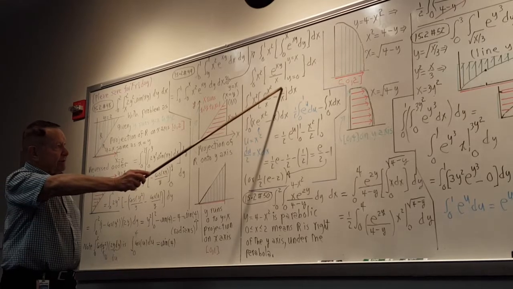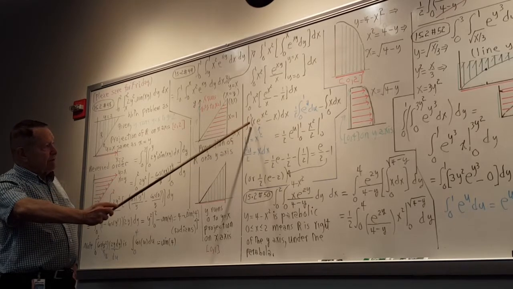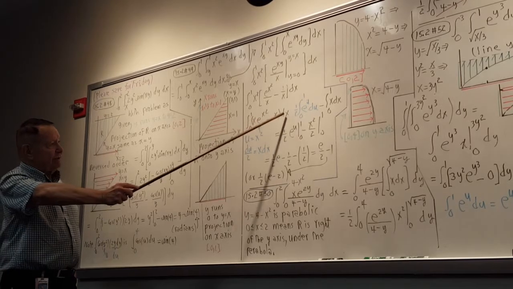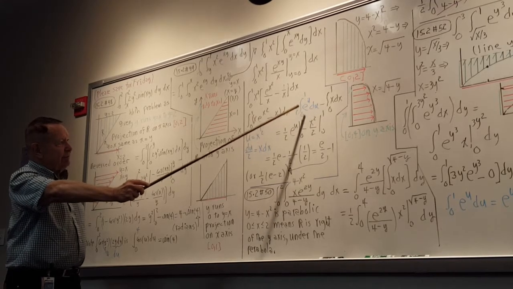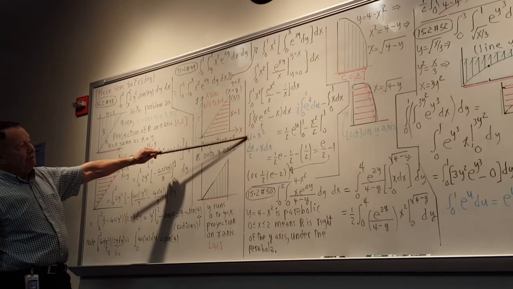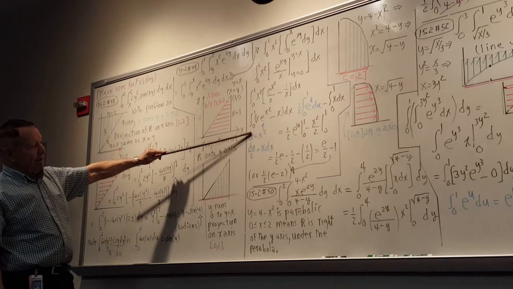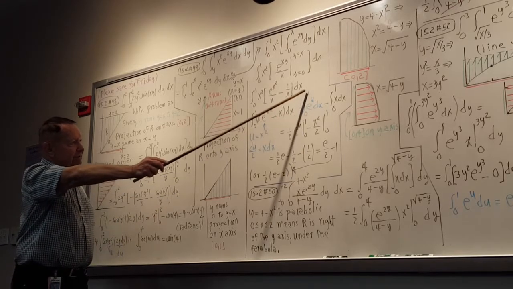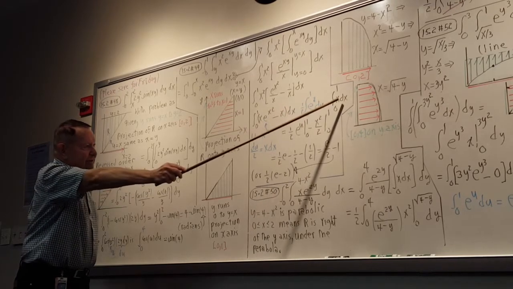The x squared times 1 over x gives you an x, which you can do. So you can do this one: u is x squared, and then what you have is du over 2. So you have a half e to the u du, and the limits are the same. If x is 0 and u is x squared, u is 0. If x is 1, x squared is 1 and u is 1. So these are the correct limits for the new variable, and then this one you can do with the original